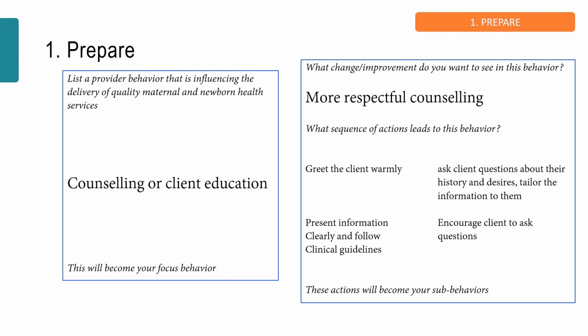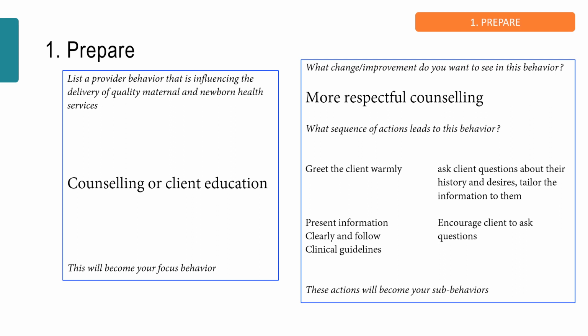And you can repeat this exercise 2 to 3 times until you have the behaviors and sub-behaviors that you want. So for example, here's a behavior that influences the delivery of quality maternal and newborn health, client counseling education. That's been identified by the group through secondary data analysis. And that, for example, is your focused behavior. And then you're going to ask yourselves in the CIT, what change or improvement do you want to see? Here, the CIT example is more respectful counseling. So what sub-behaviors or actions lead to that